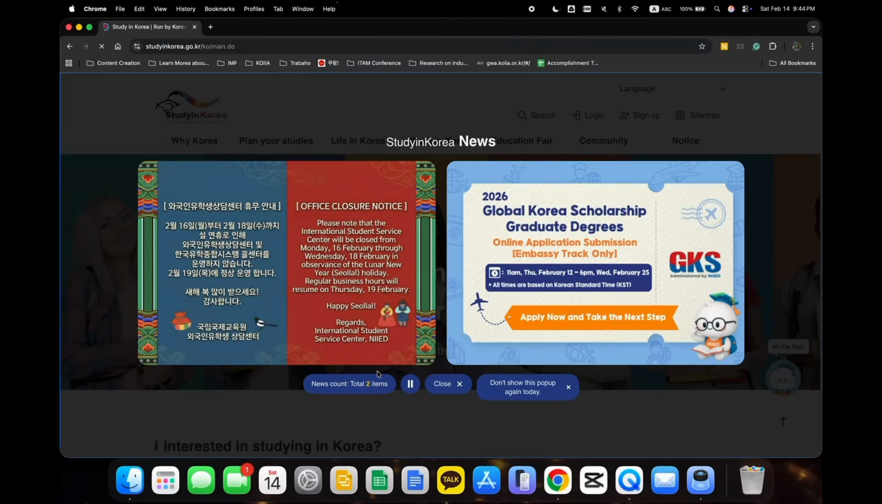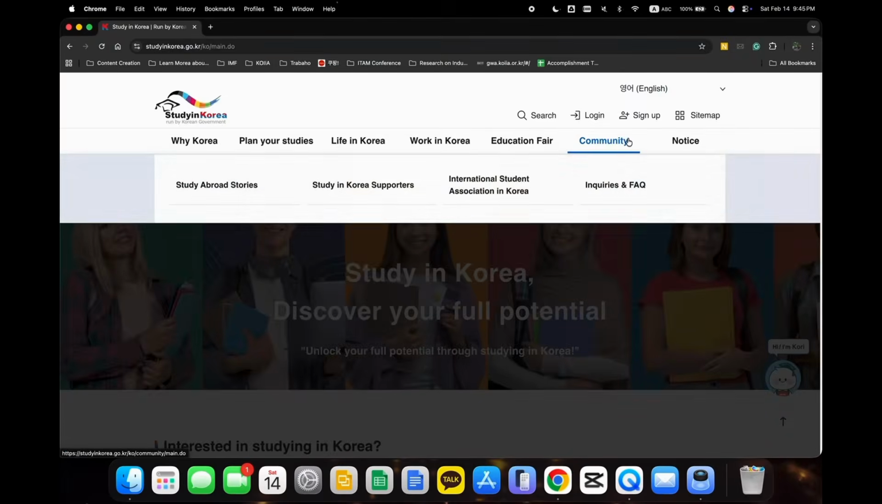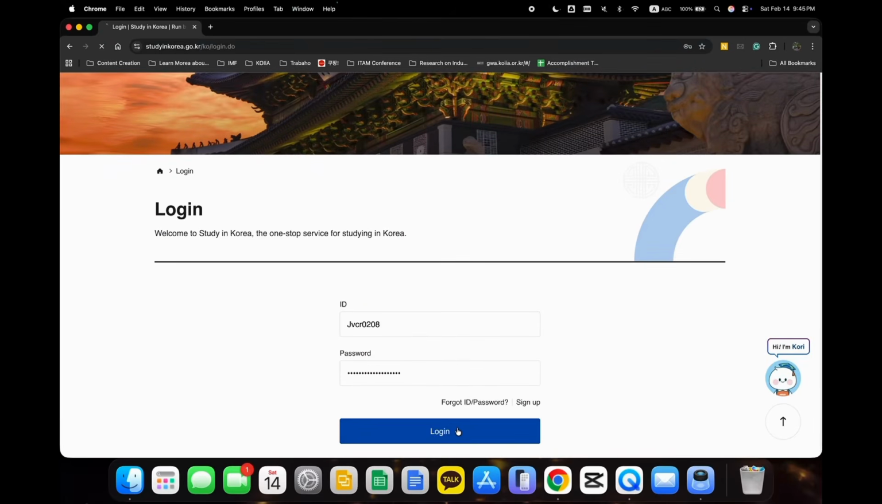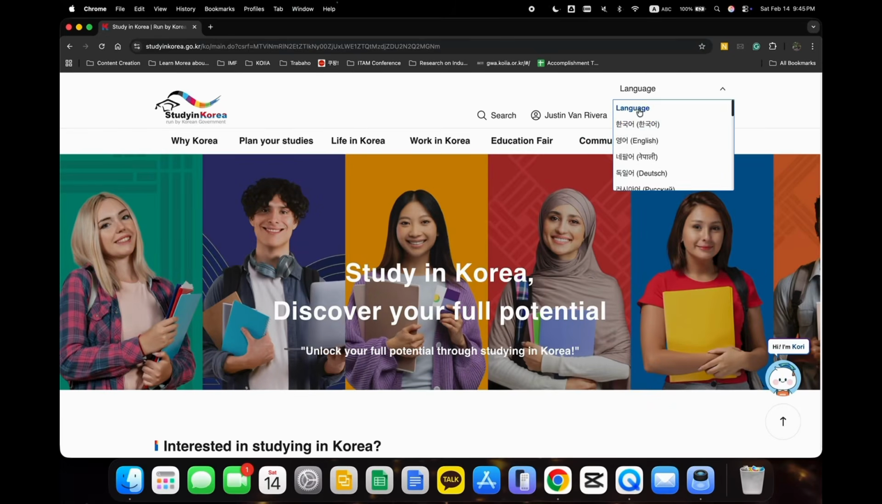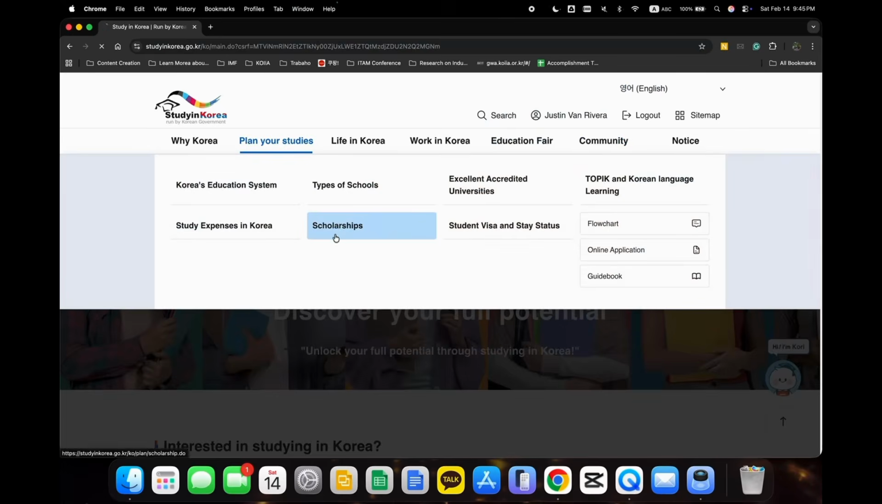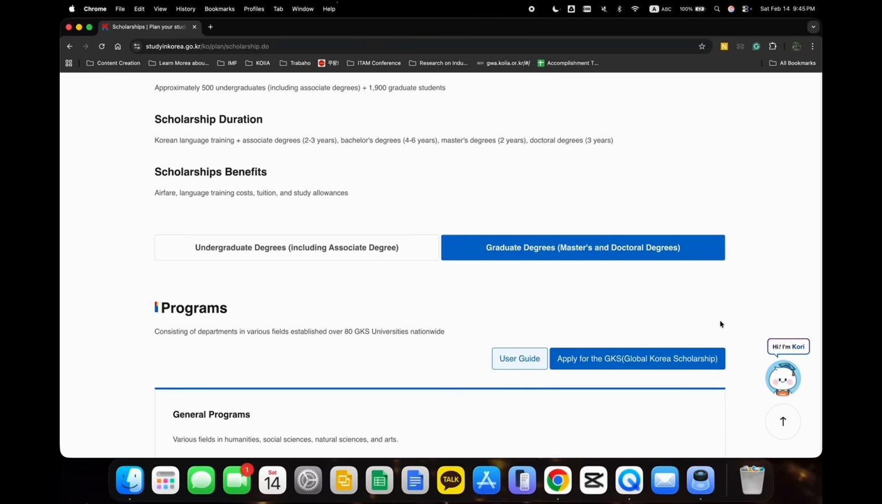Let me explain to you how you'll be able to apply for the Global Career Scholarship Program online application. This is for the embassy track. Once you have logged in to studyinkorea.go.kr, close these things, change the language to English, and click plan your studies, scholarships. You'll be able to navigate this page and look for apply for the GKS Global Career